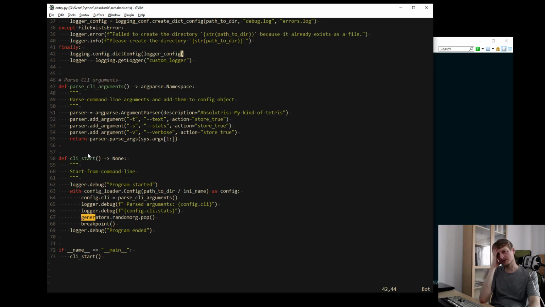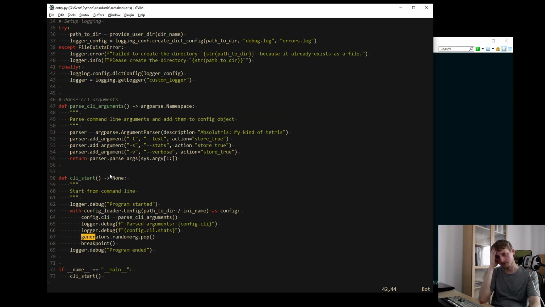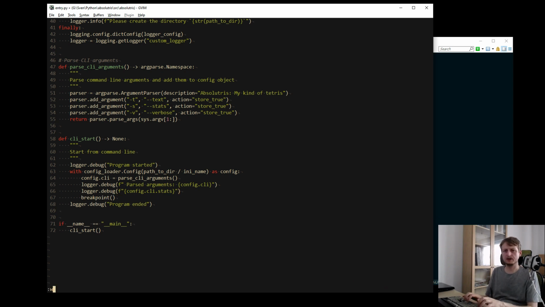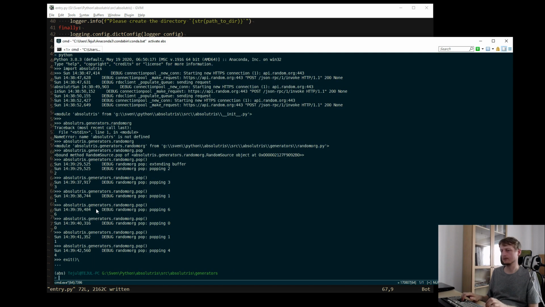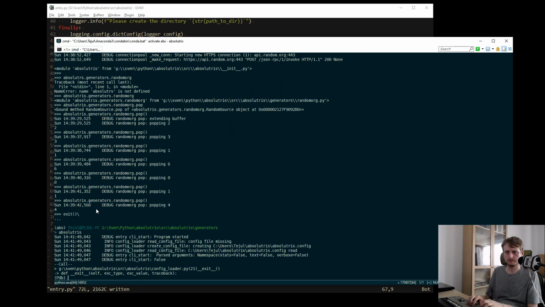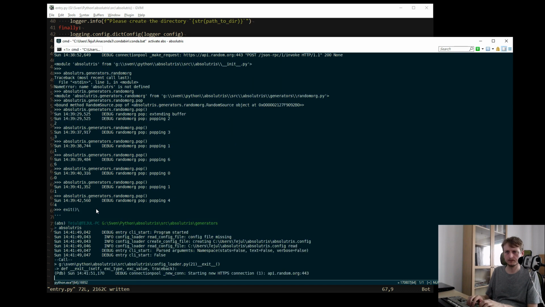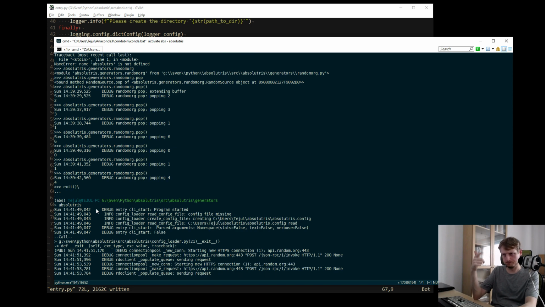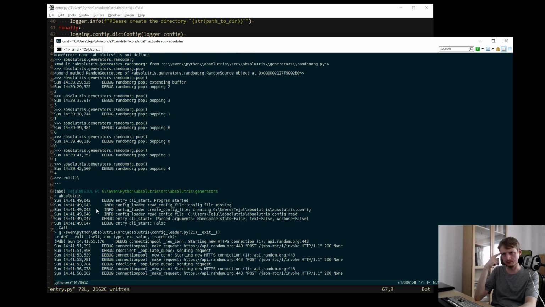And then it says generators is not defined. But clearly, if I say only breakpoint, then it does these buffering log lines, which is good.